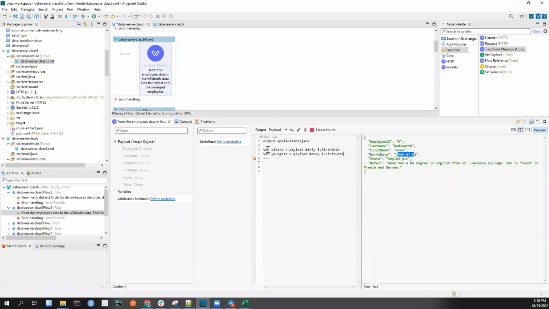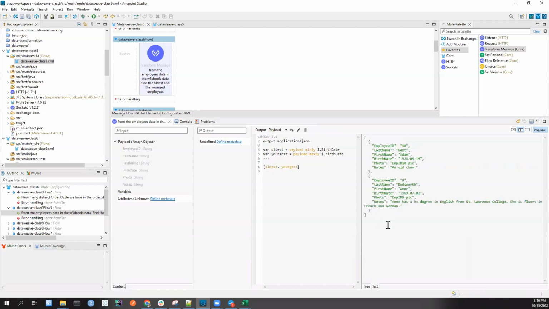So copy paste them here. And then just here, I can add oldest and youngest. So these are the oldest and the youngest employees. Rather than like that, we can create the result. We can make it an object with key value pairs. So this one,